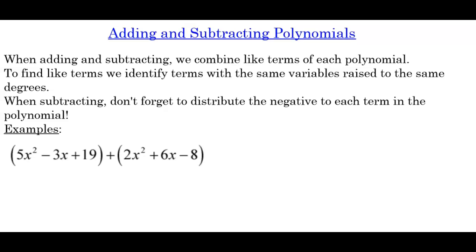That means if one term has the variable x raised to the third power, you're going to look at the other polynomials for terms that have x raised to the third power. If you have, let's say, x squared y in your term, so now you have two variables in one term, you're going to look for other terms that have x squared y. Even if it has an x and a y, if the exponents don't match, they're not going to be perfectly like terms. And then what we're going to do once we've identified those like terms is we're going to add